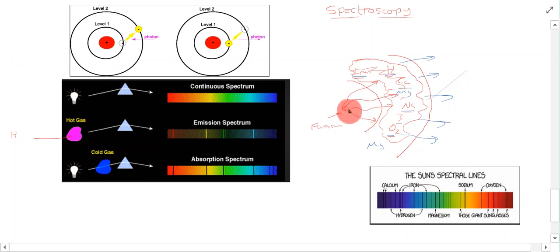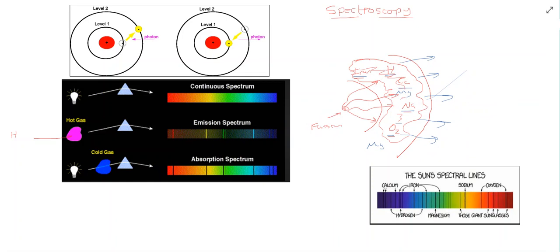You have the white light being generated, let's say, within the core of the star. It's passing through this cooler gas here that contains all of these elements, and it's absorbing the particular wavelengths of light. Then that light comes down to Earth, and there are telescopes, for example, on the Earth. Imagine this is your telescope here. So these are your telescopes, and what they do is they